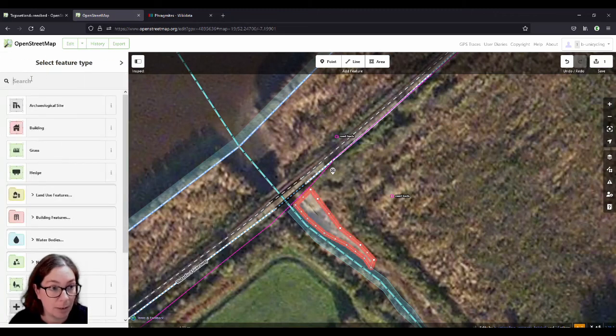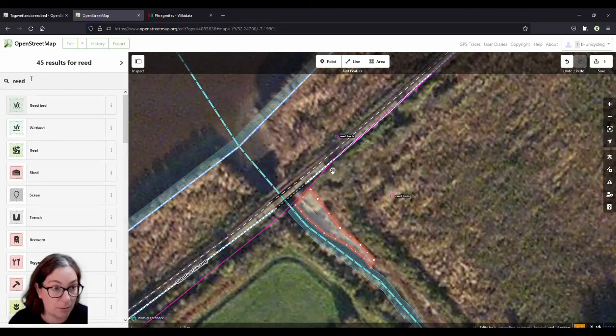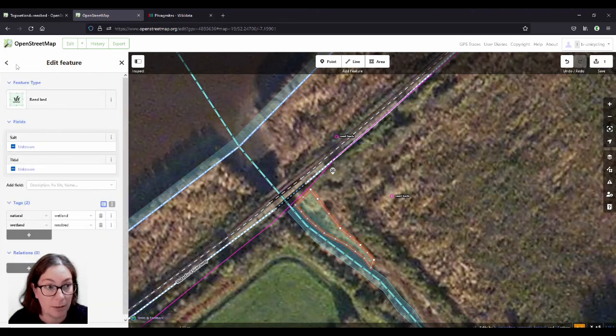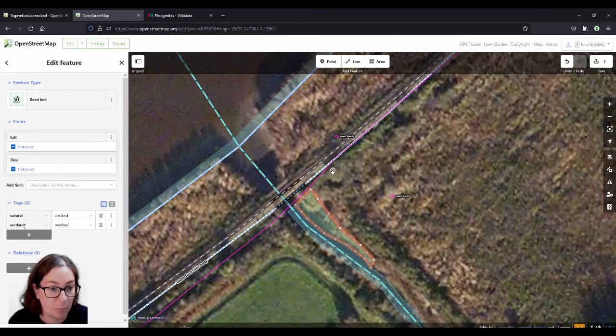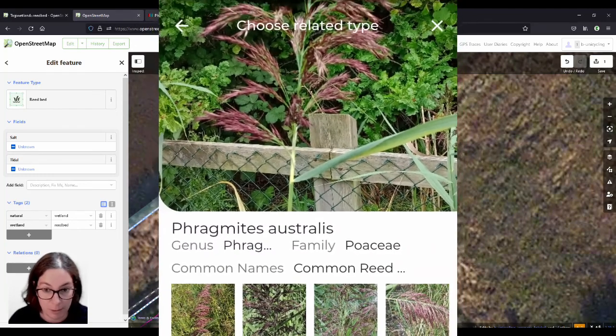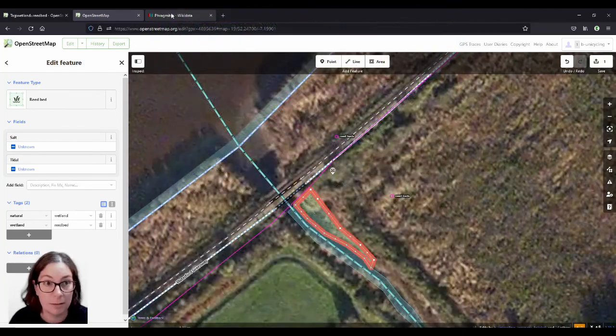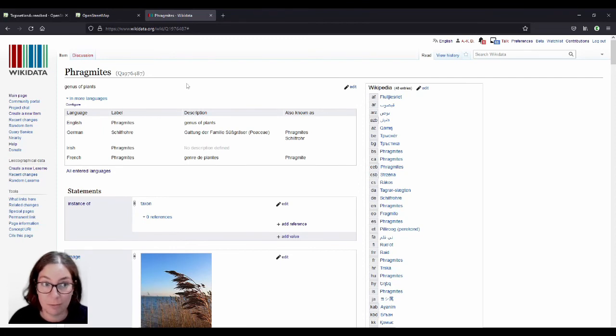And then you can type in the search reed bed. And if you look here, it's spelled in two different words, two separate words, but the actual tag is in one word, and that's very important, of course. What I also can add is the genus, and I used an app for that. I'm not promoting this one, that's just the one I use, called LeafSnap. It's for Android. You just take a picture of the plant and it tells you what it is. And the Latin genus is this one, Phragmites.